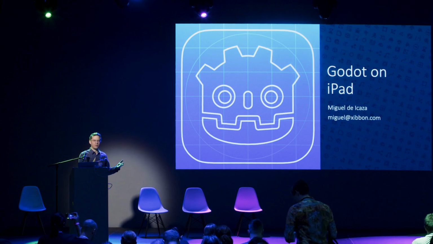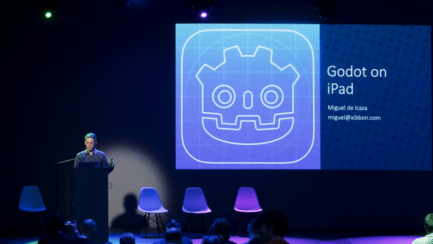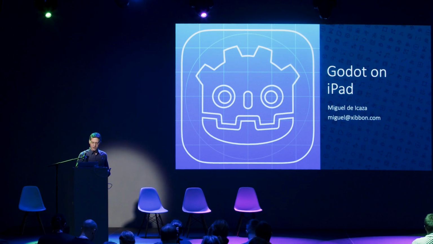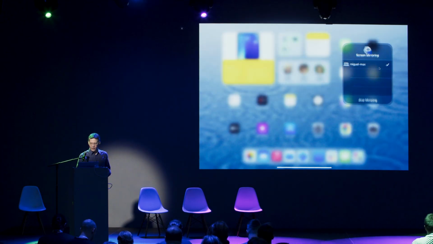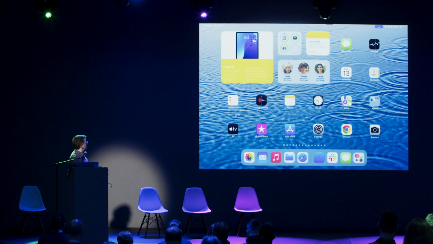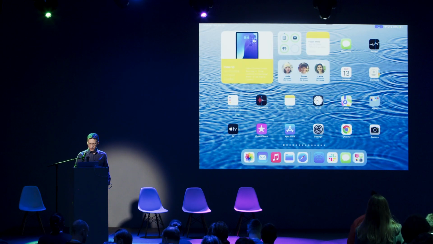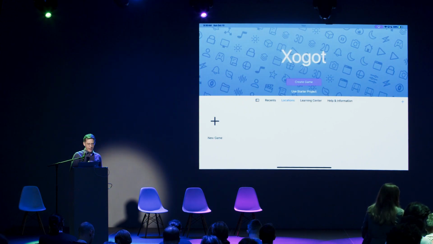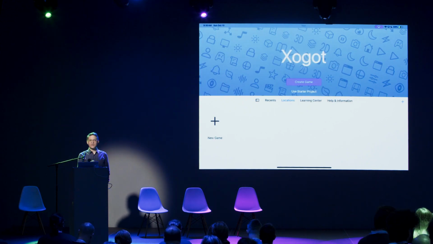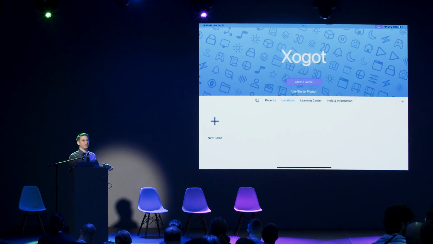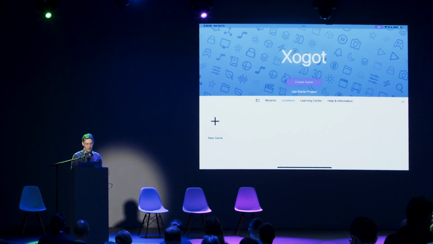Before I go into the technical details, it's going to be an exploration of what I did and how much more is left to do. So I wanted to give you just a taste of what SwiftGodot looks like. This is what the application looks like, and I'm trying to build an application that feels very native on iPad